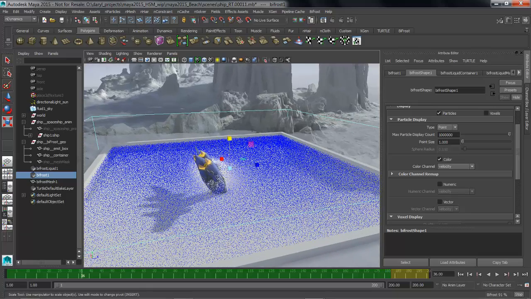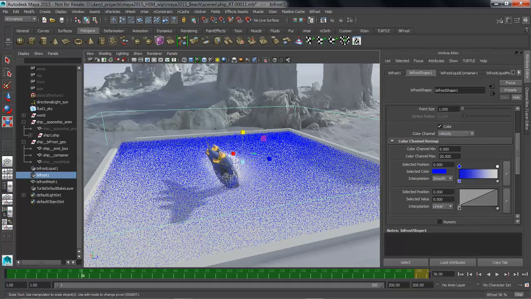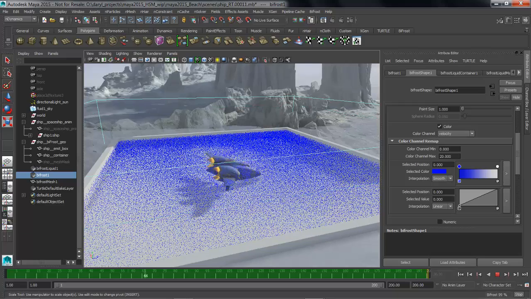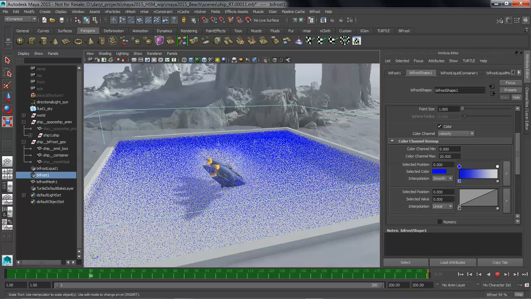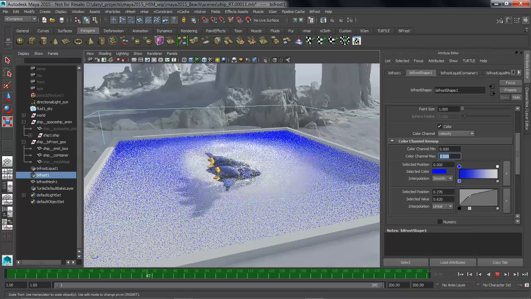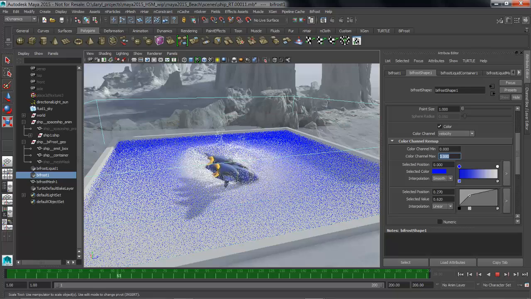What I want to do is just jump into the remap section. You can see that we're taking the color channel based off of velocity and we're using these ramps to drive that, and I'm not really getting that much visual feedback. That's just because the sim isn't moving that quickly. So we're just going to drop down the max speed to something like 5, or maybe even 3, and as soon as I do that, you can start to really see where that velocity is happening, and you get this really nice sense of what's going on with the movement of that water